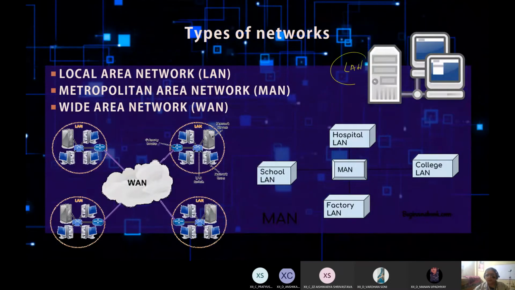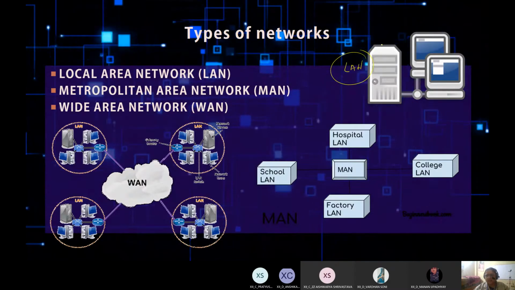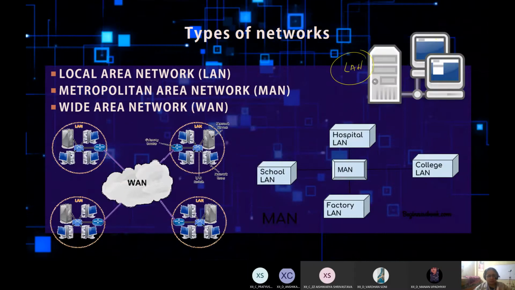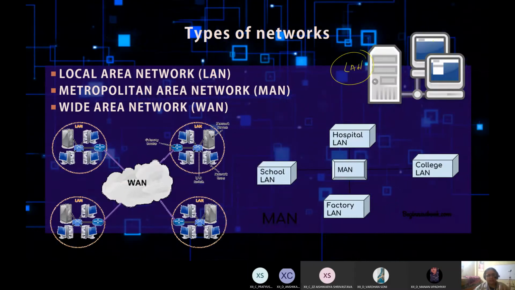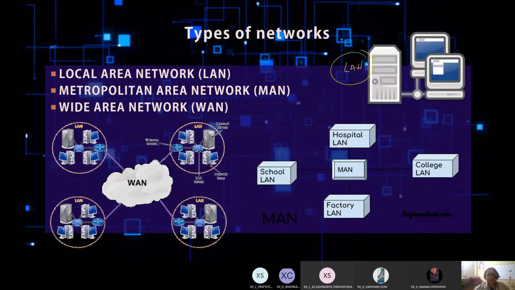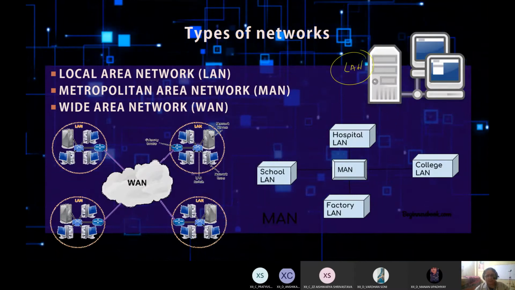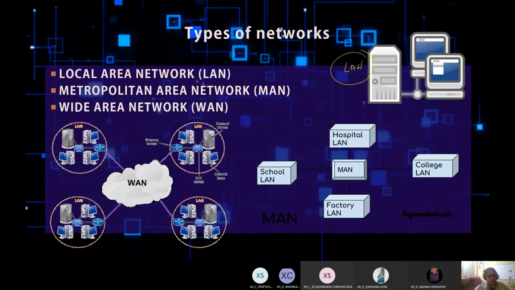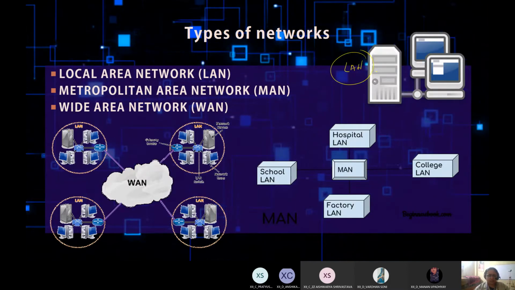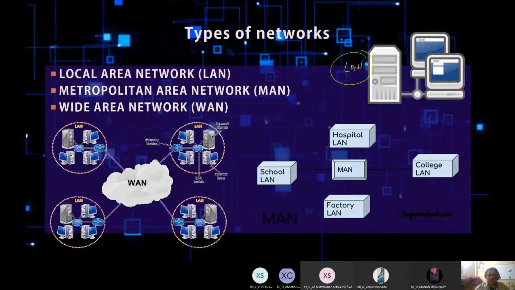As you can see, a small clip art which I have taken from the internet, and you can see two computers connected to a server. They could be full-fledged workstations, that is hosts, computers containing their own processor, their own RAM, their own hard disk space, and they could also be dumb terminals, that is without any storage capacity or processing capacity. They are only capable of accepting input, sending it to the server, and displaying, right? So this forms a LAN.